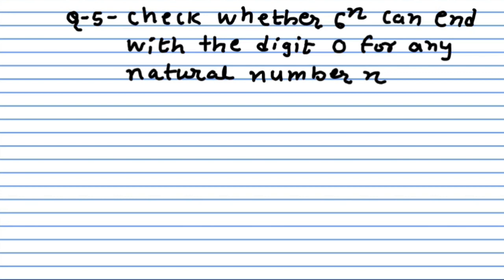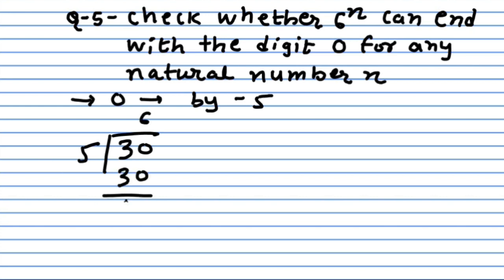We know that if the last digit of any number is 0, then that number is divisible by 5 very easily. Let us take the example 30. If I divide 30 by 5, I know the table of 5: 5 sixes are 30, so the remainder will be 0. So we can divide any number